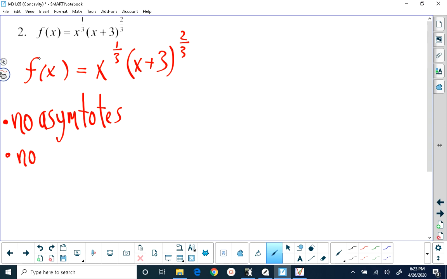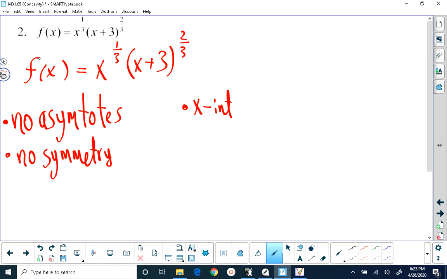There is no symmetry. If you put negative x in for x in the original function, you will be left with kind of a hodgepodge of positives and negatives compared to the original function. When we look at the x-intercepts,